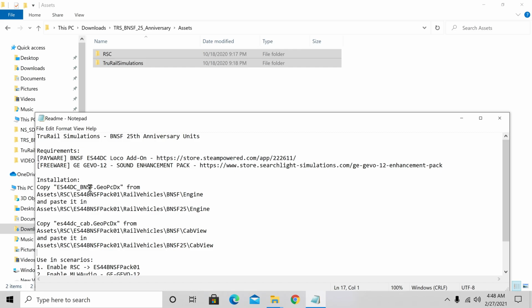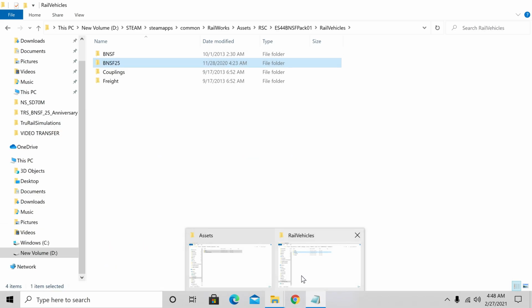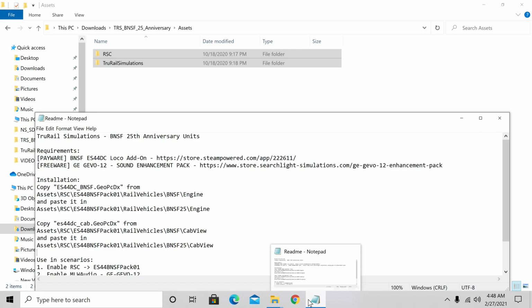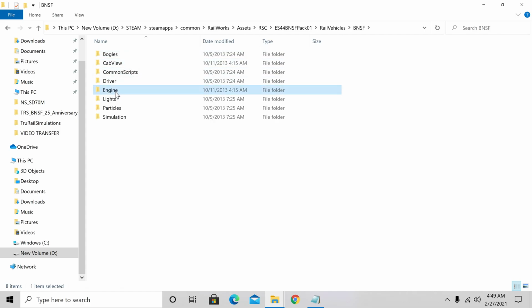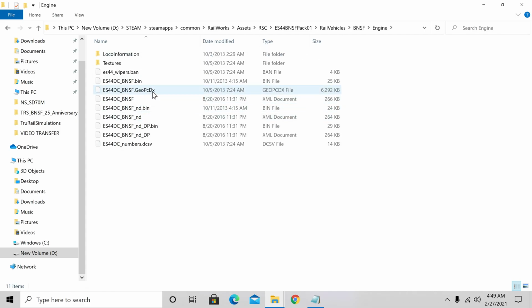So we're going to get that from assets, RSC, BNSF pack number 1, rail vehicles, engine, and so on. Okay, so that's from the original. You're going to get the geo file from right after rail vehicles, BNSF, engine, and look for the geo file, which is this one right here. Copy that,